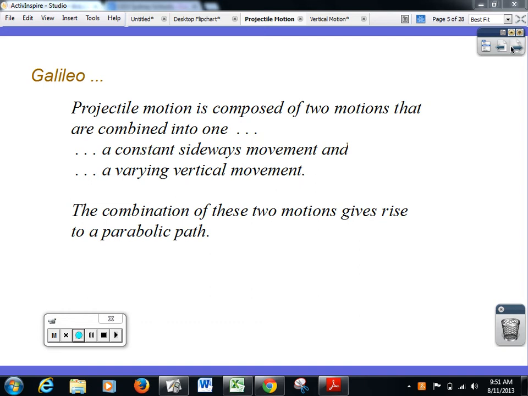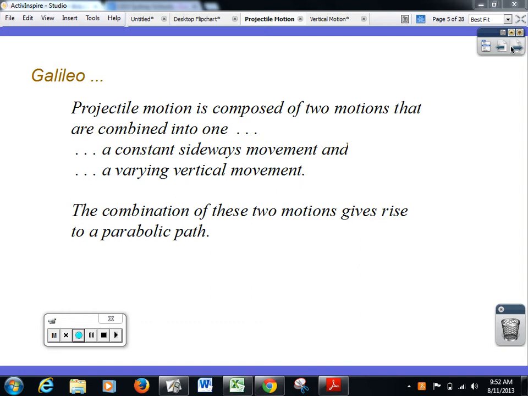He was a scientist, so he did all the experiments. He rolled cannonballs down sandy pathways and tracked their tracks as they went down the sand, and he found that they made curves. He measured these curves and found that they were parabolas. He was a very good mathematician. He could calculate the formula of the mathematical pathway and so on. After a while, he comes to this conclusion that a projectile motion is composed not of one motion, but two motions: a constant sideways motion and a varying vertical motion.